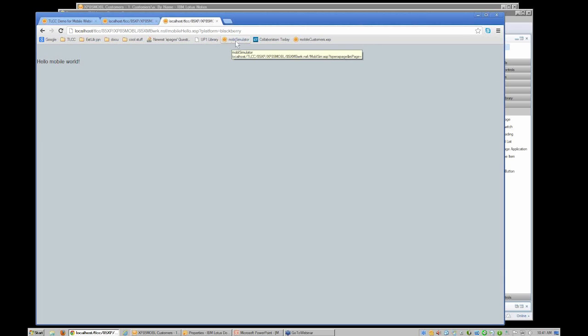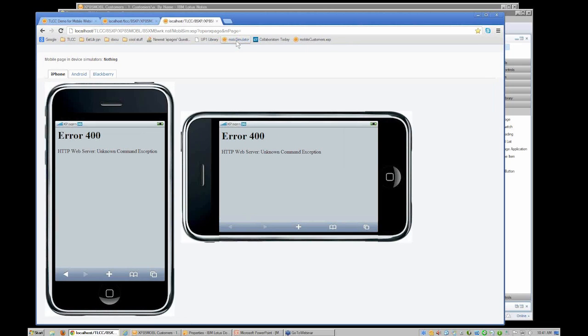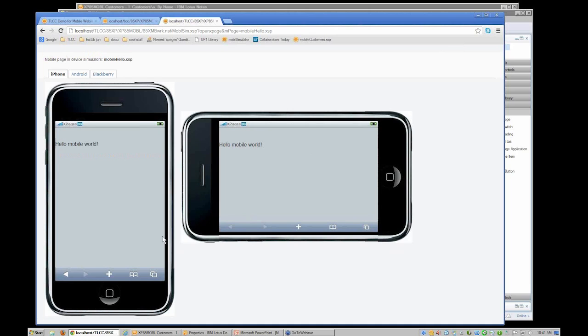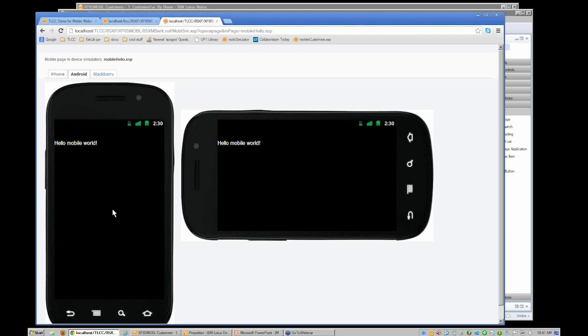Now, another option is the mobile simulator. So what we're seeing here is the mobile simulator that Howard actually moved from the extension library demos. He took the appropriate XPage and made a few modifications so that we can actually load any XPage into the simulator. So the one that I just created is called mobilehello.xsp, and there I can load that into my mobile simulator, and it kind of looks the same as it was when